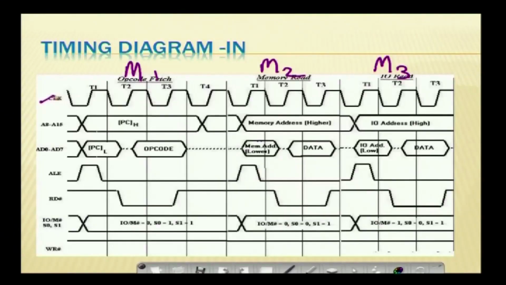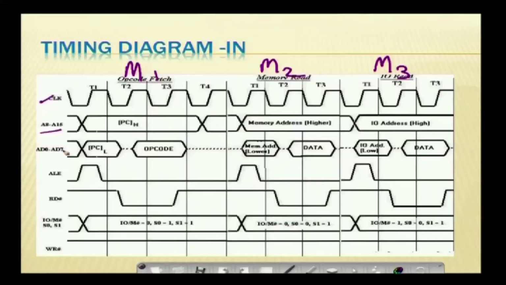This is the IN instruction. So, where to read the data, for that we need the port address. The port address can be specified either on higher order address lines or lower order address lines. Here the higher order address lines A8 to A15 can be given in the specified machine cycles. Here AD0 to AD7 are multiplexed address and data lines. We cannot use them directly. So, we have to demultiplex the address lines and data lines separately, then only we can transfer the data.